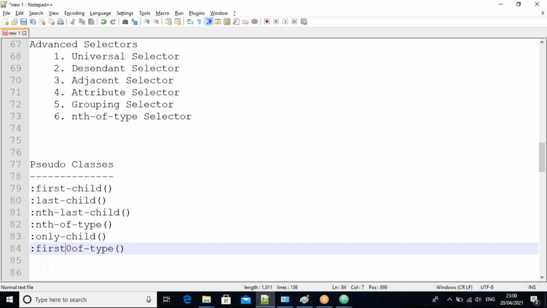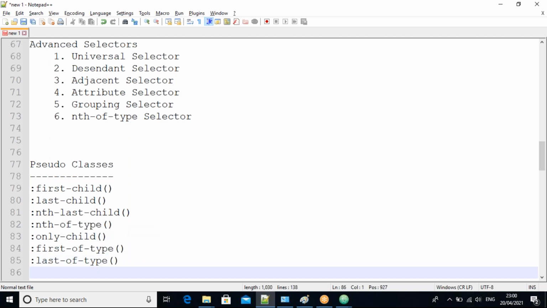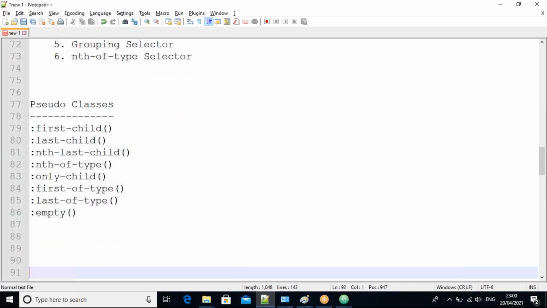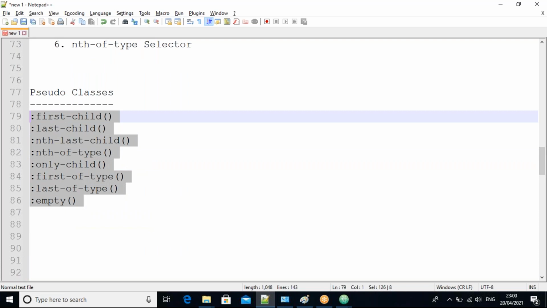Then last of type is one more pseudo class. For example, empty: if any tag is empty, that is also one pseudo class. Like that, these are all pseudo classes.